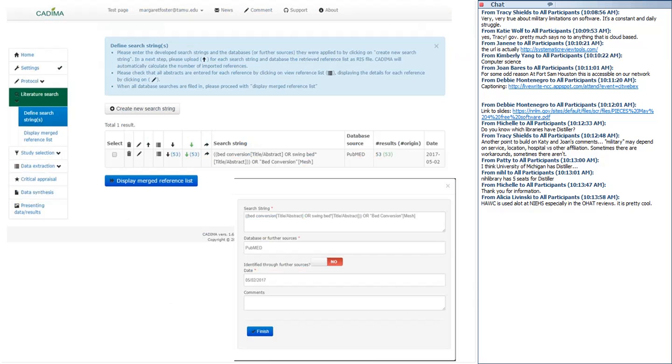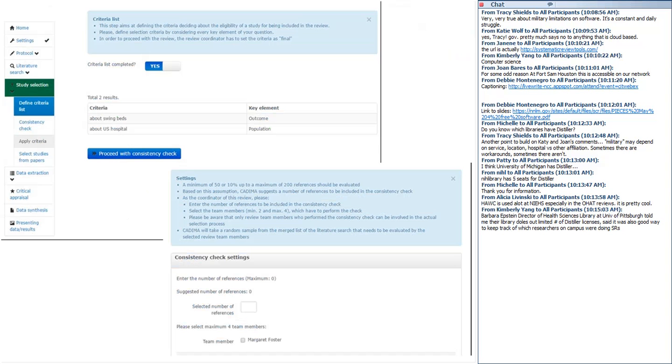So here I created a search, and you can actually see that search there from PubMed. I pasted it in, so I'm able to store the actual search, and then I uploaded a file of the citations, and so I was able to see what date I did that. And then after that, you go to a screen where you can start to put in your criteria, and then another screen where you can start to assign how many users